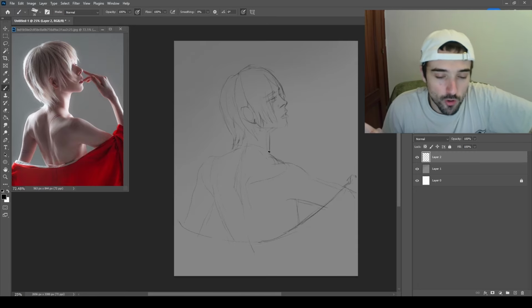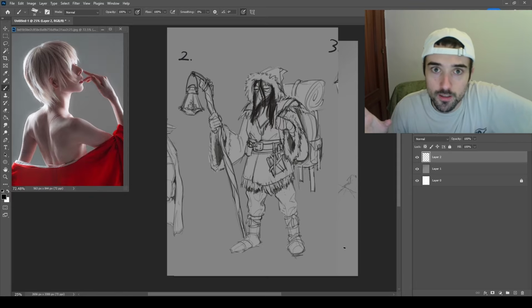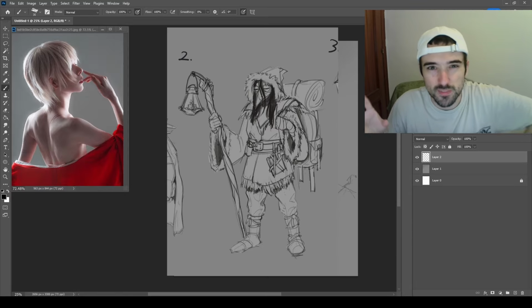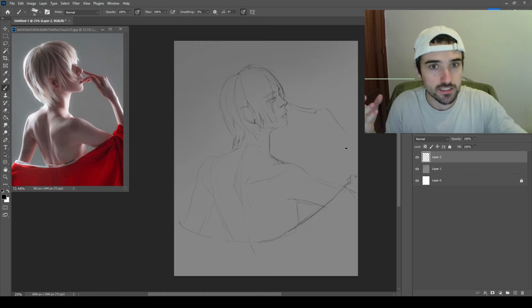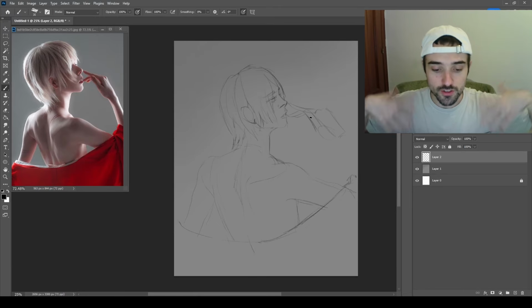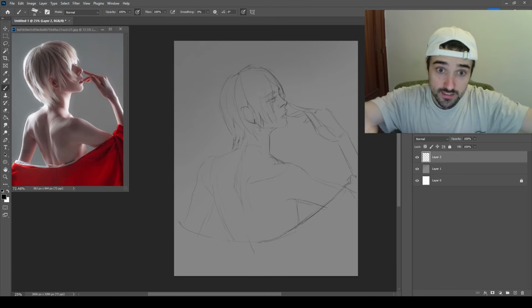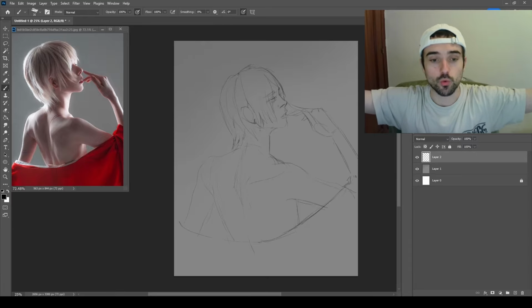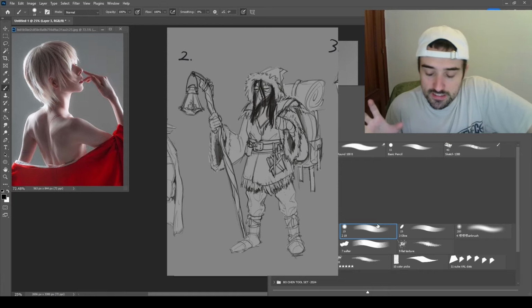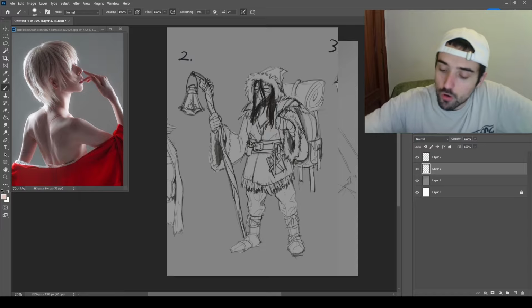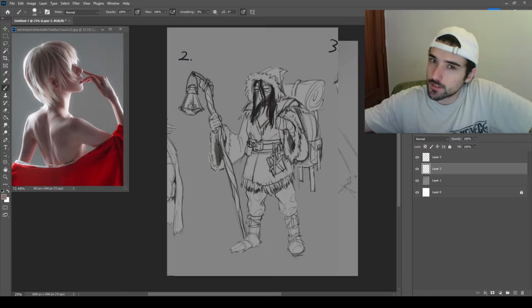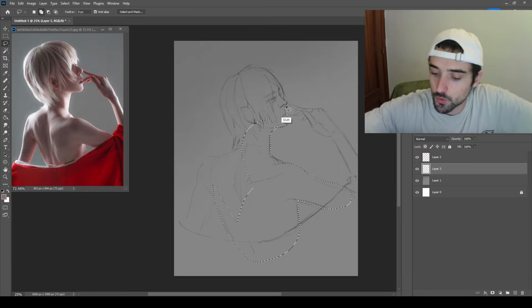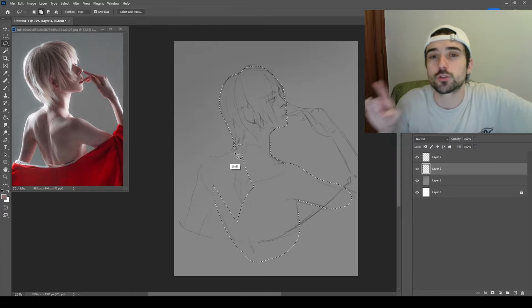Then I went for a more mystical, magical, mysterious person with that mask and that wintry cloak, because all this is in a snowy forest, snowy mountains, so it's cold. So yeah, this one is more of a traveler thing. It didn't look that much like a trader, so I went for the last one. And the last one,